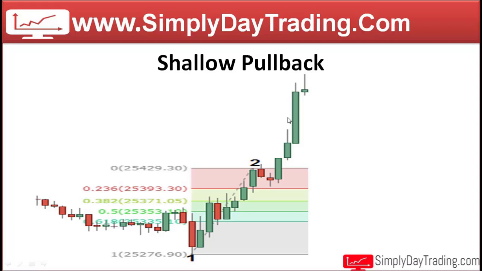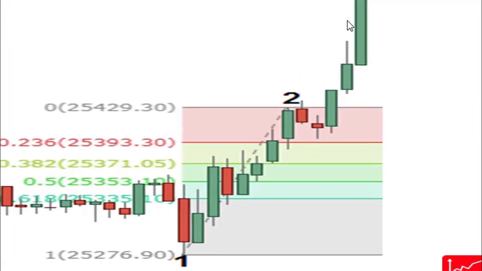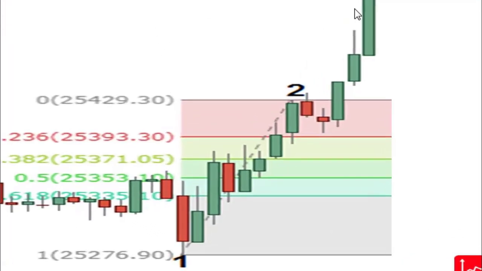Now coming to the most important aspect of the shallow pullback, whenever we have a shallow pullback in an uptrend, it means bears were not strong enough to push the price deep and hence the market is more likely to resume back because of the bullish dominance. This is our trading clue to get long. You can buy when the market breaks above the pivot 2 with proper stop loss and